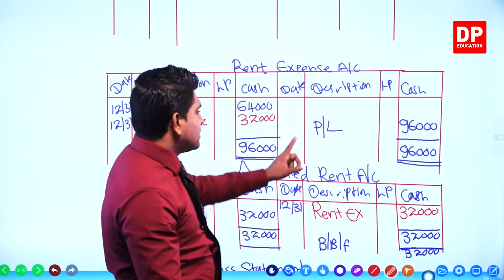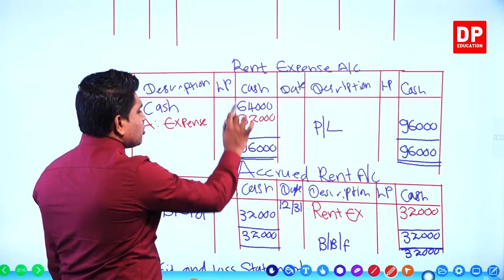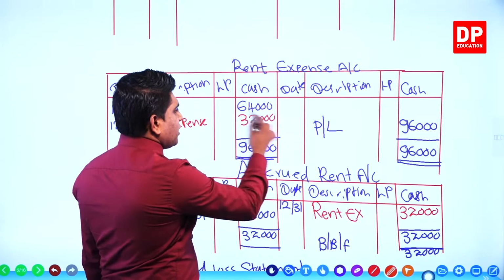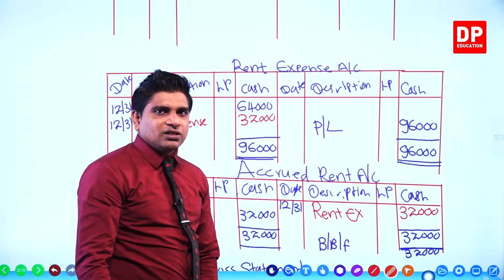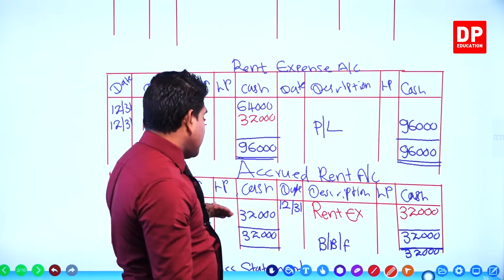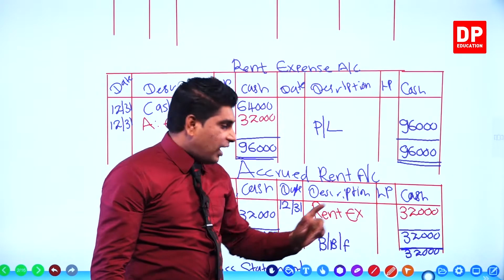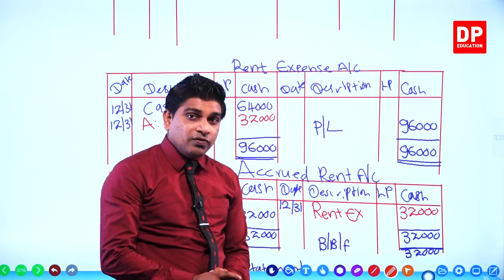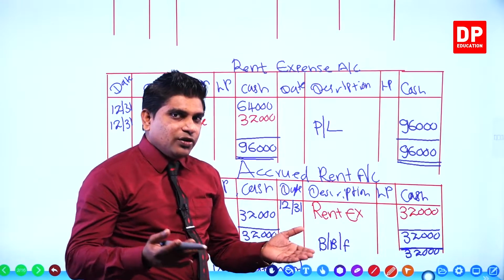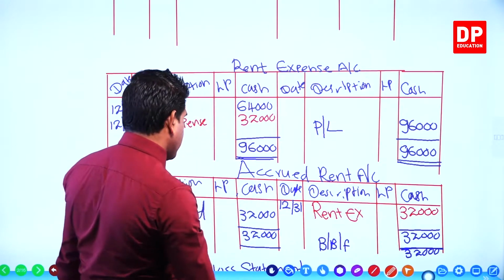That's why I do the same thing here. After doing all the adjustments, this is a rent expense account, so we get the total of the difference. We don't bring it to the next accounting period, we transfer it to the profit and loss statement. But here the liability we can bring to the next accounting period. That's why we write balance carried down, balance brought forward. We write this 32,000 in the statement of financial position under the current liability. Now first we go to the general journal entry. First you do that one, right?